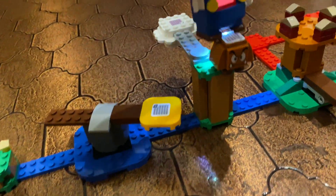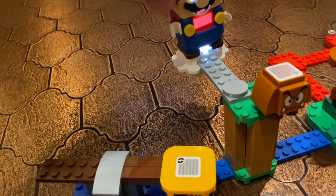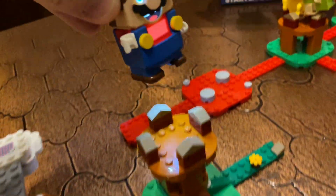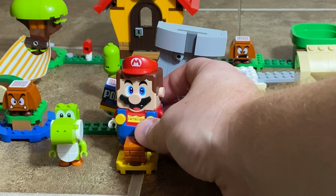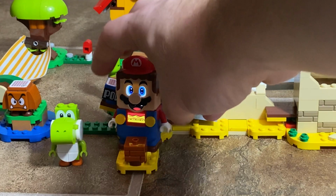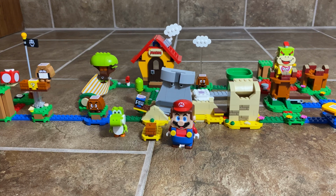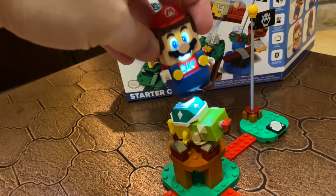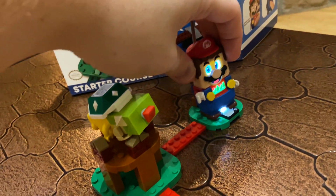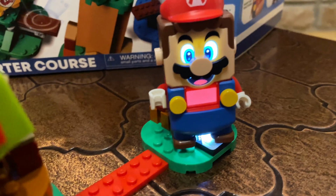Now, would I be as interested in rearranging the courses if this unit didn't exist and couldn't pick up all that stuff? You know what? I wouldn't be. I don't know what it is, but the idea that this can interact with him and make the noises and pick up the different kinds of terrains he's on, like, he knows he's on the desert right now because he's on yellow. There's something about that to me that makes the course design feel more rewarding, that I can actually knock the bad guys over and take a Goomba and actually get coins out of him. That pluses it up to where I'm more encouraged to rearrange the sets than I would have been without it. So although I probably won't use the app as much, I'll definitely be using the unit,